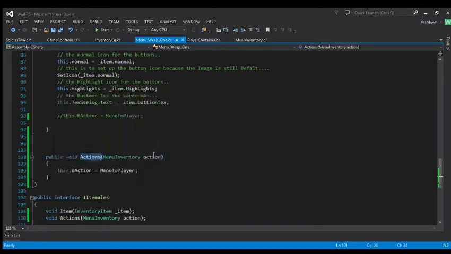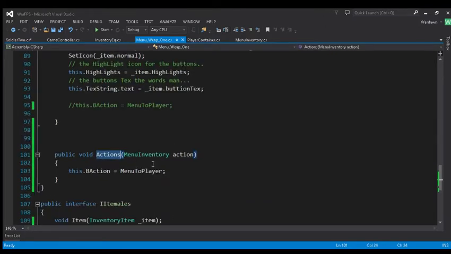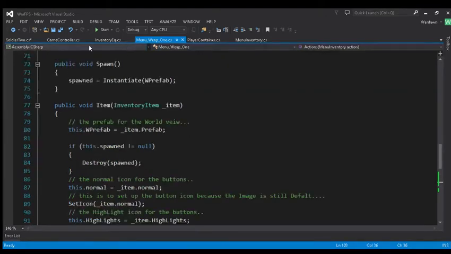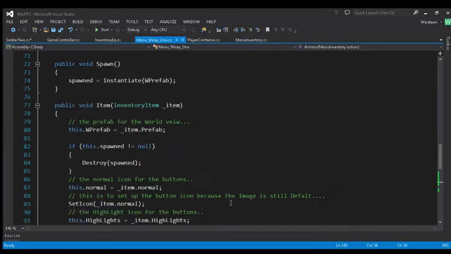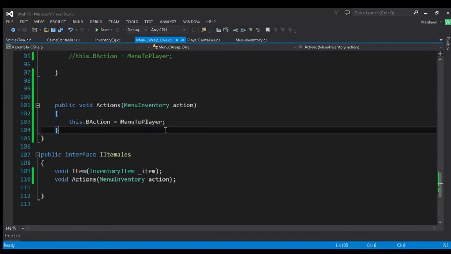Now this action right here, this action has a signature of menu inventory. Then it pushes it to menu to player. The reason why I did this, and I separated it, is for one exact reason. If I wanted to make an NPC and then sell stuff to it, or maybe destroy something, I want to push in a signature in this button. Okay, like let's say,